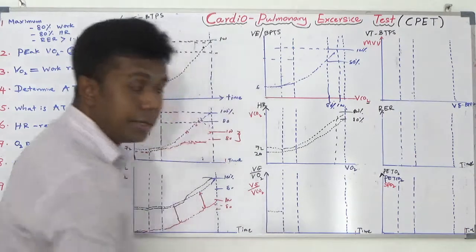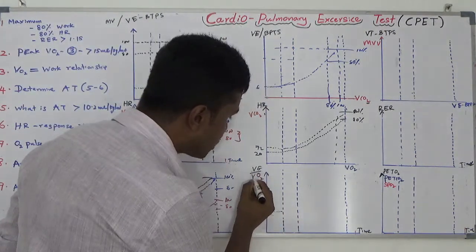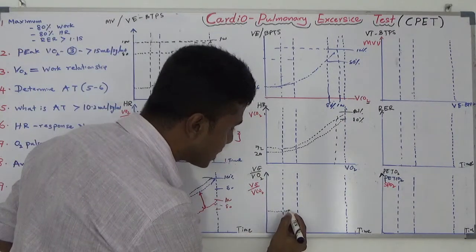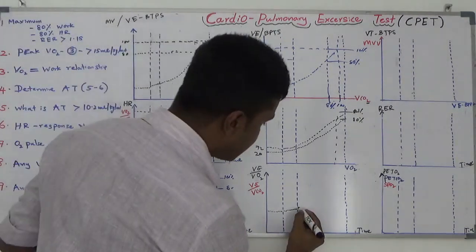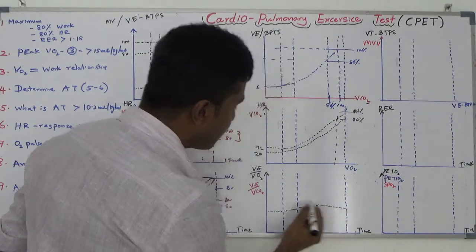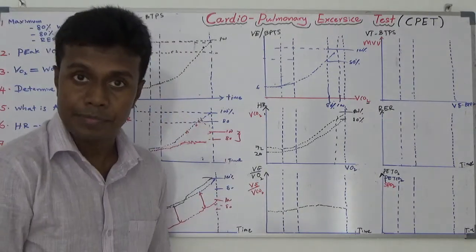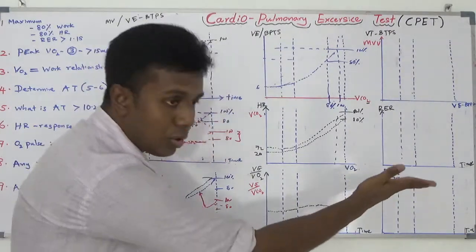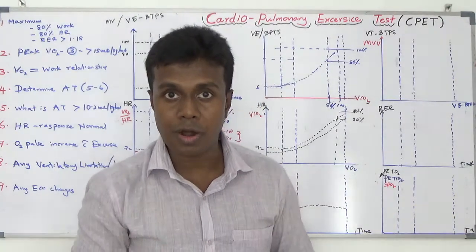Initially, during the resting, nothing will happen. During the unloaded exercise, because more oxygen is utilized, it will go up a little bit. Then it gradually looks the same, because when your respiratory ventilation goes up, your carbon dioxide also goes high. Because of that, this curve is more horizontal.